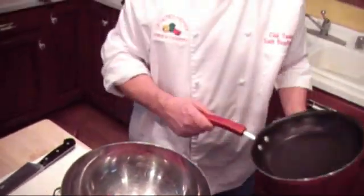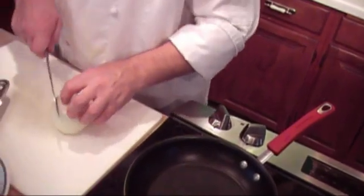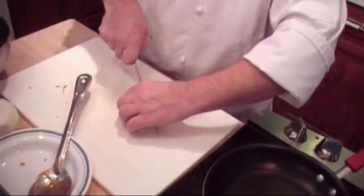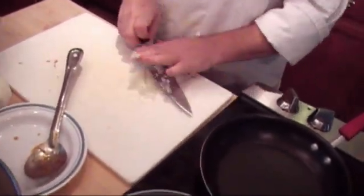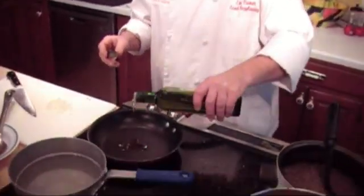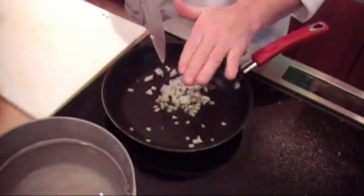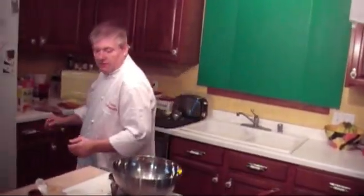What I like to do is I always put a little onion in my meatballs. I want to make sure that it's cooked, so I'm just going to do a real fine dice. We'll drop some oil in the pan. Saute that up, and in the meantime we'll start adding some seasoning, an egg,